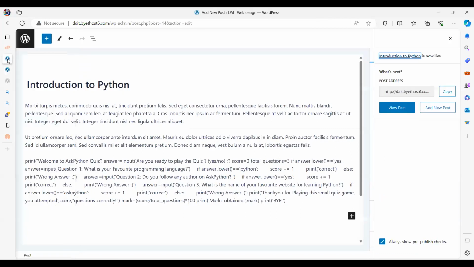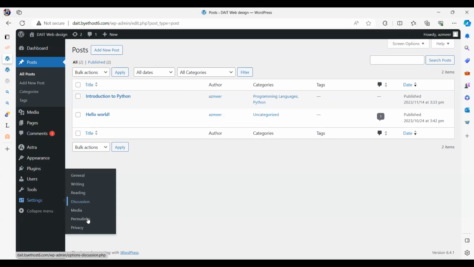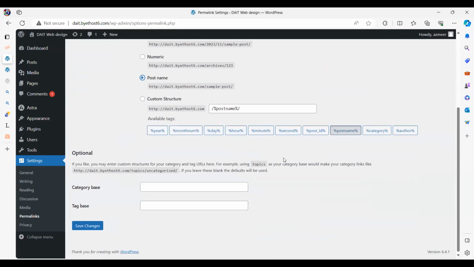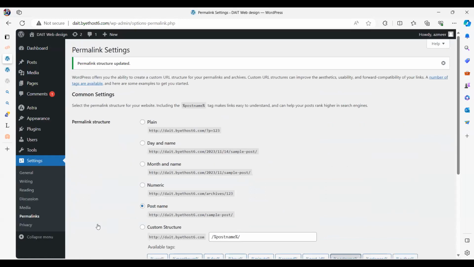If you want to change that, you need to go here, go back to the admin window, and then under settings, you need to go to permalinks. These are called permanent links to the articles. This is what you can do. So it says day and name is what I'm having, this format. Now, my personal preference is this one, post name. So we don't need to worry about dates and times. We just have a post name here. So if you want this, you can just select it and say save changes. No need to do any other changes.